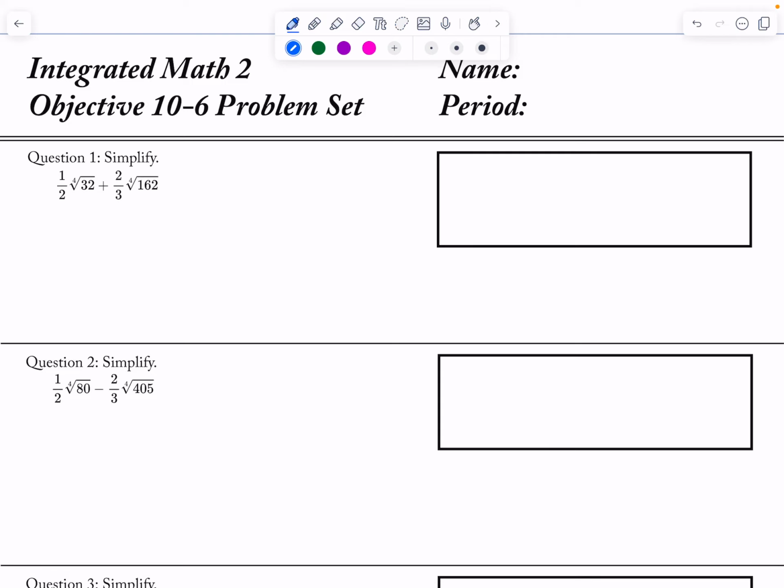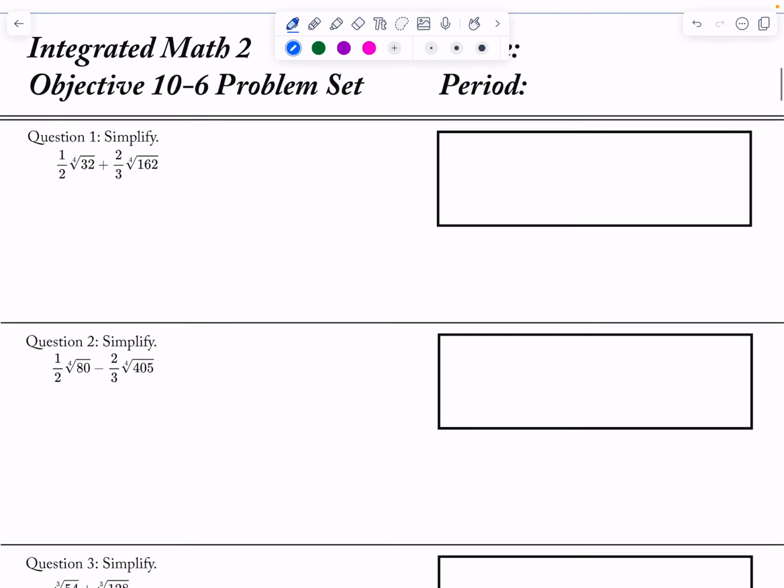Okay, so let's go ahead and look at this problem set. So now 32 divided by 2 is 16, divided by 2 is 8, divided by 2 is 4, divided by 2 is 2. So I have 1, 2, 3, 4, 5 of them, so I have 1/2, 4th root, just kidding, of 2 to the 4th and the 4th root of 2 plus 2/3, and then I